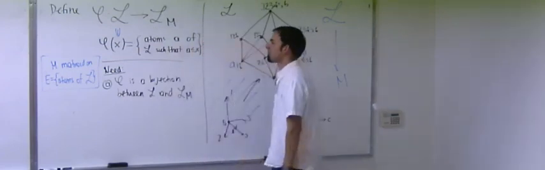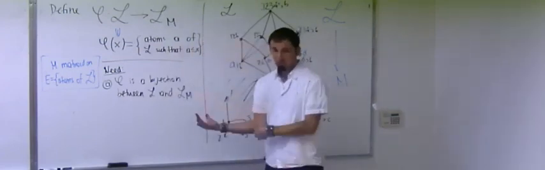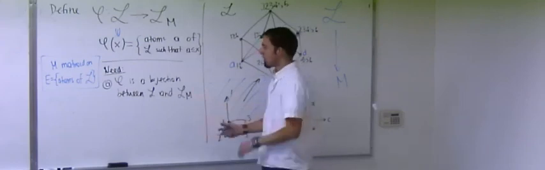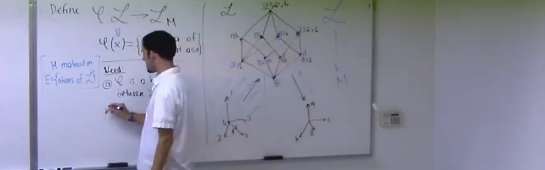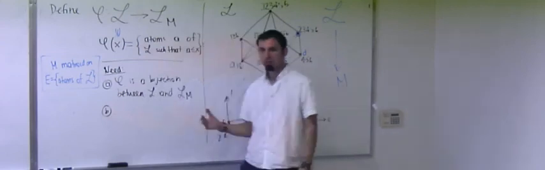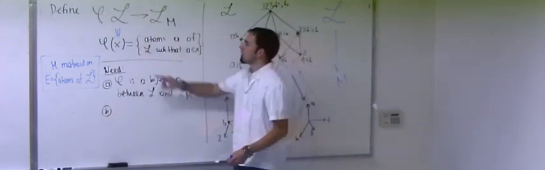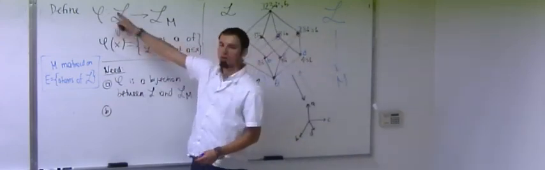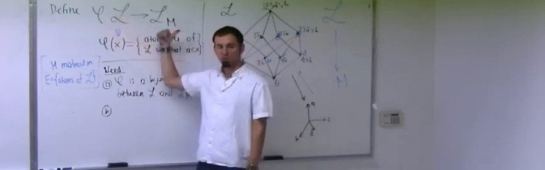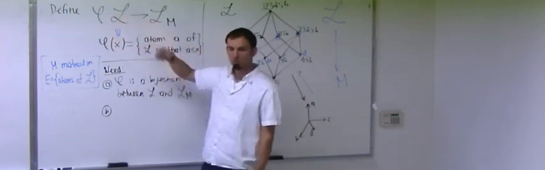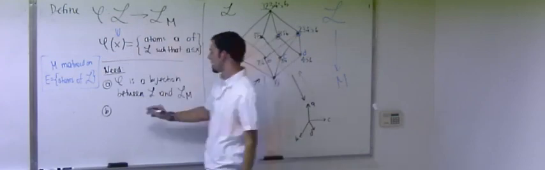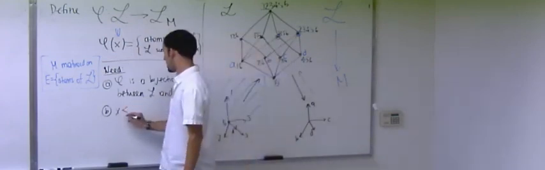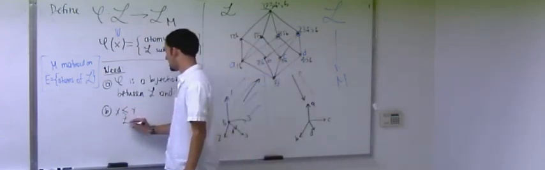This is the first thing you need in a poset isomorphism. And the second thing that you need in a poset isomorphism is that order is respected. So if one thing was smaller than another one here, then when you map over to the other lattice, the images should also be in that order. So x is smaller than y in my lattice, if and only if,